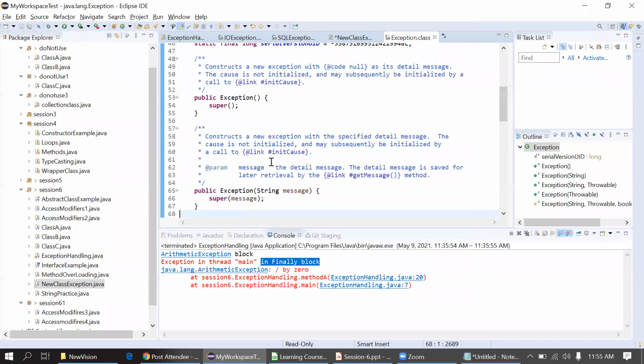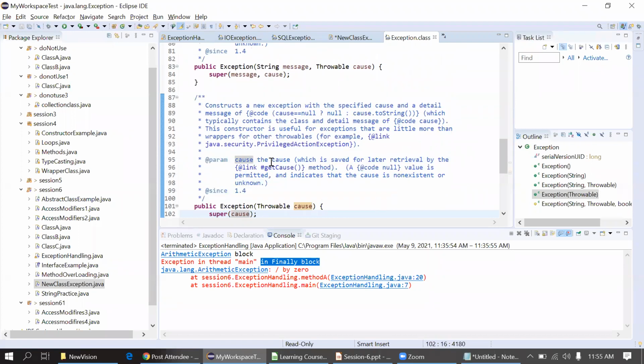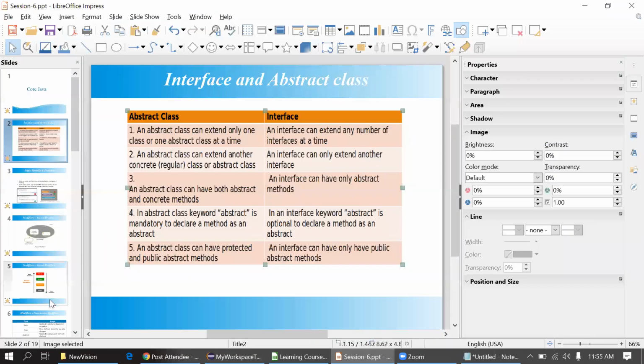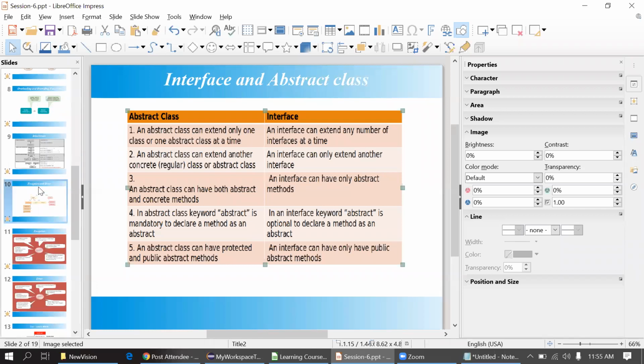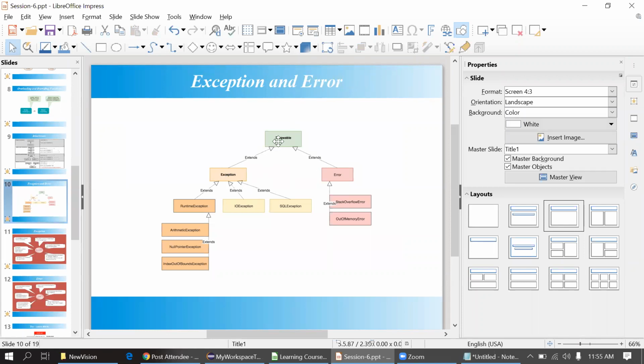This is the parent class. Sorry, this is a child of throwable, right? Yes. So you can see the hierarchy here in the PPT. The parent of exception here is throwable.